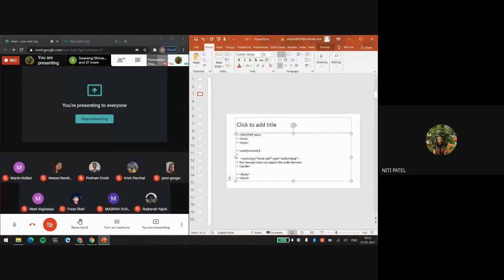Now, what is that? First is audio controls. That is the audio tag, and controls means what? We will be doing it in the next slide, but for now, just remember, controls add the play, pause, and mute buttons. So if I want these kinds of controls like play, pause, mute, increase the volume, decrease the volume, I have to make use of controls. So the audio tag adds the audio, and controls help us add the play and pause button.